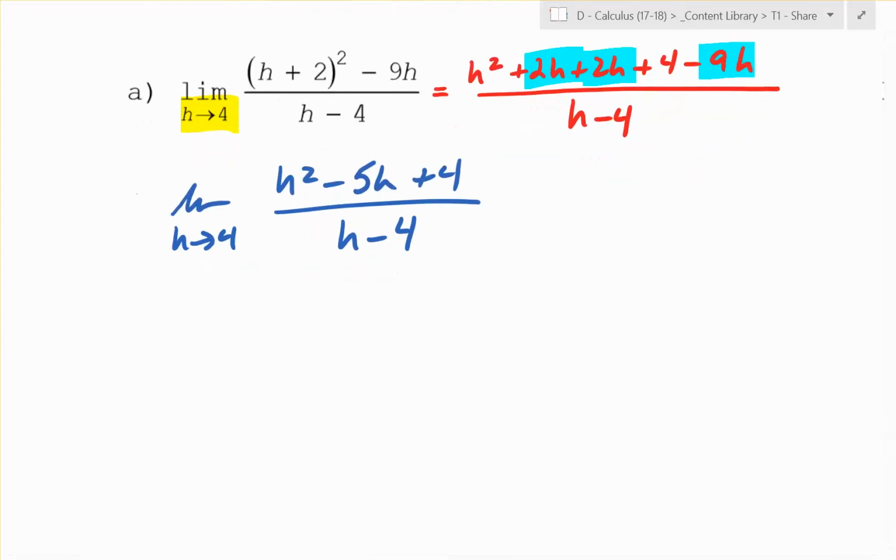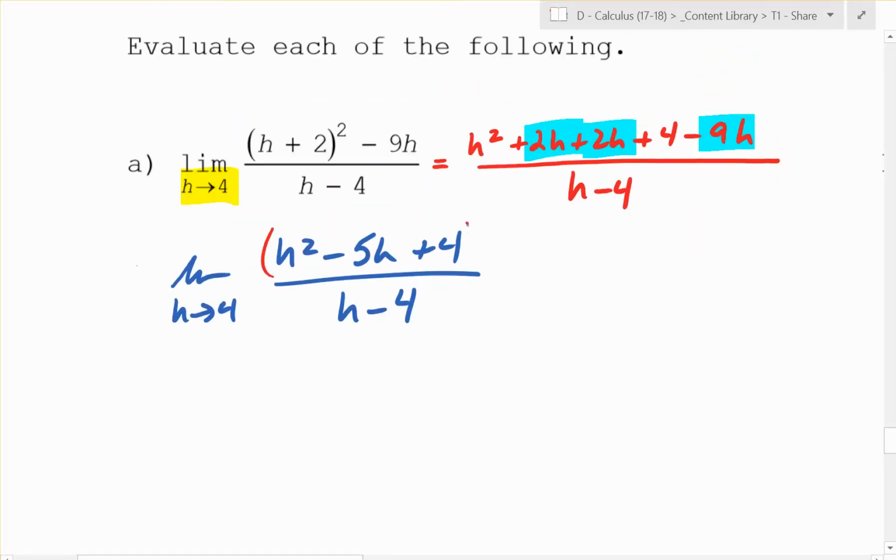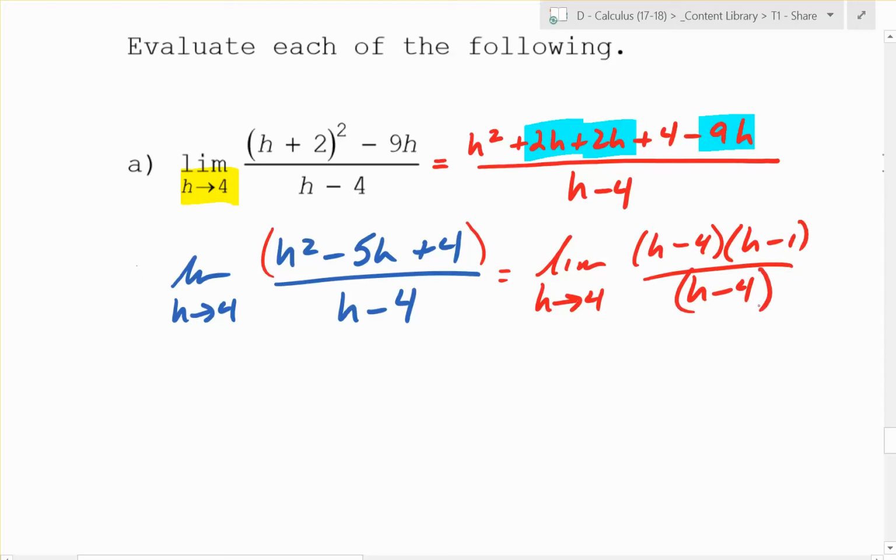Now, though, I think this is nicely factorable. So what's this going to be? The limit as h goes to 4 of... is it h plus 4? I think it's going to be (h minus 4) times (h minus 1) over (h minus 4). The magical thing happens now, and we can cancel, leaving us with the limit as h goes to 4 of